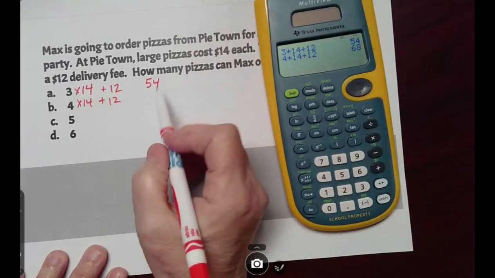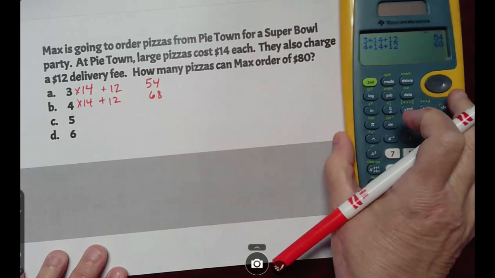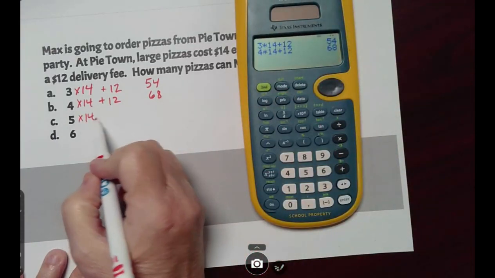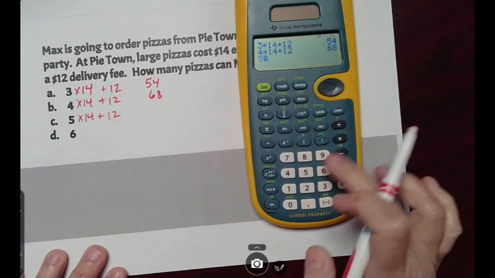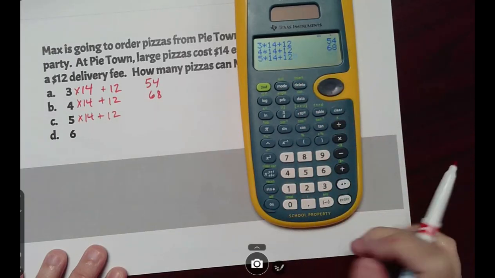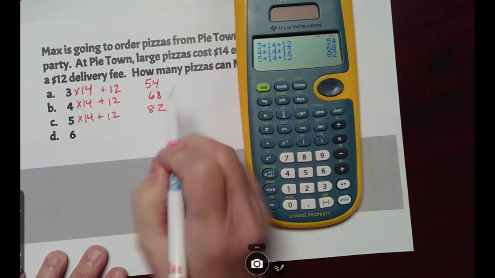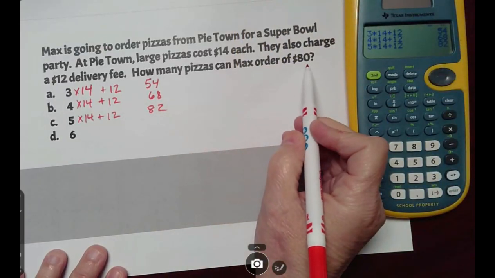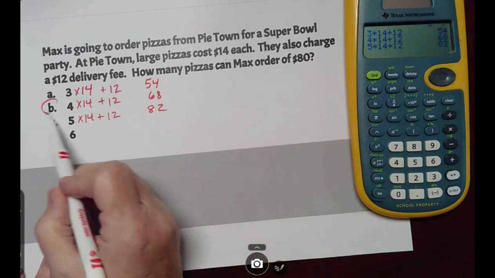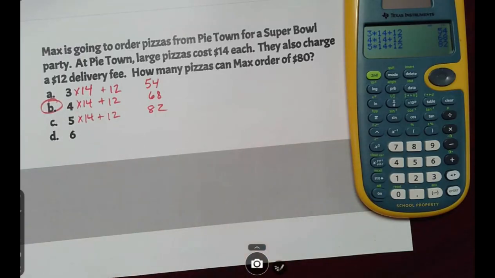Gives me $68. Okay, still got quite a cushion there. Let's go to 5 times $14 plus 12. 5 times 14 plus 12 gives me $82. Oops, now I'm over my budget. So how many pizzas can we buy? 4. We may be able to throw in an order of breadsticks or something, but 5 would put us over